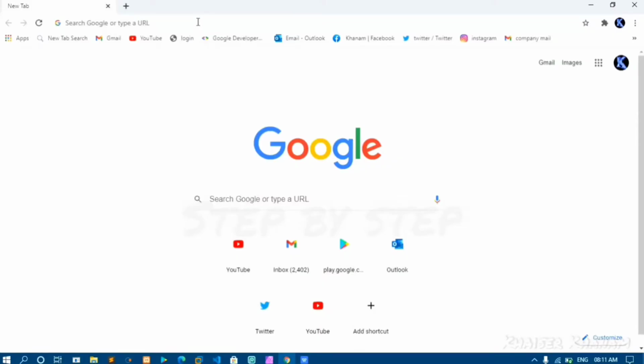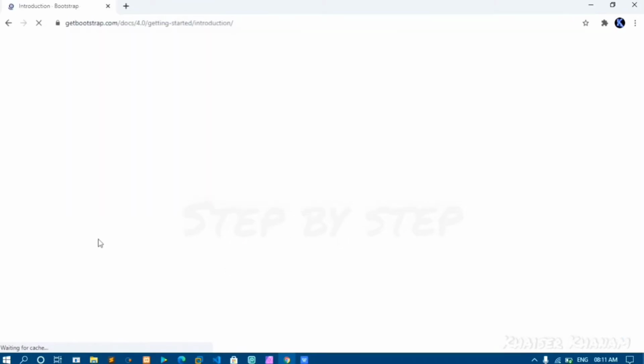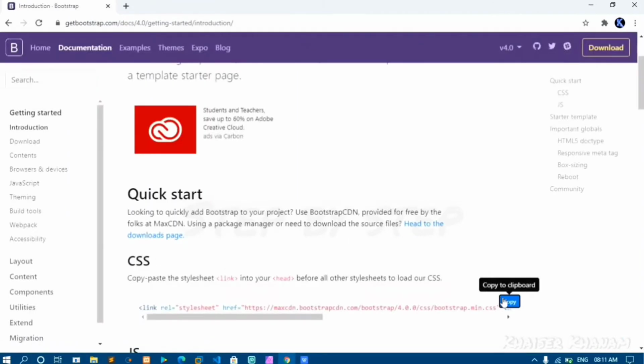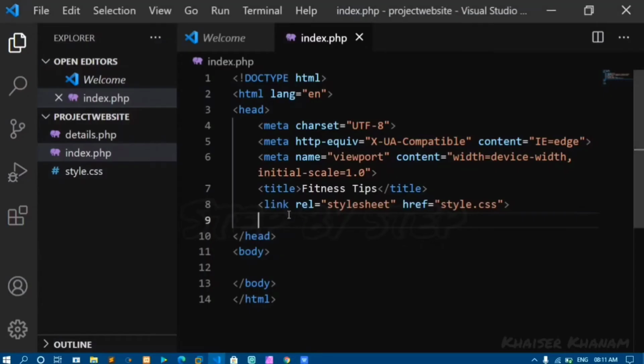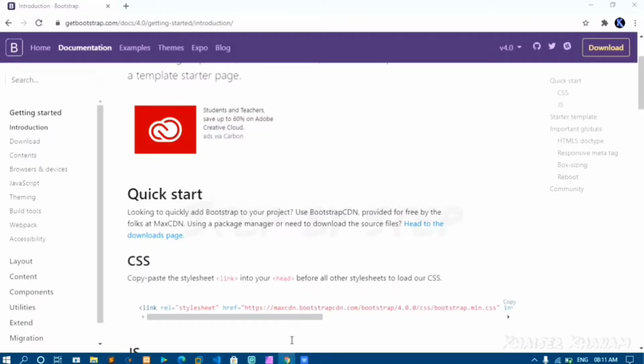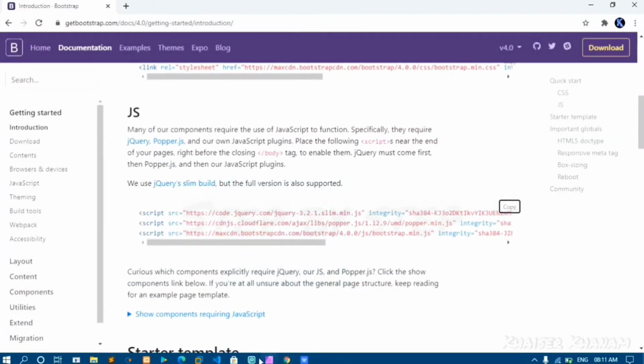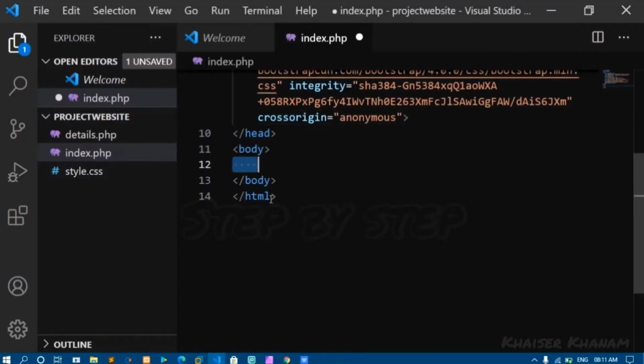Open Chrome and search for get bootstrap. Copy this one and paste it here, and also come down, copy these script tags and paste them above the body.